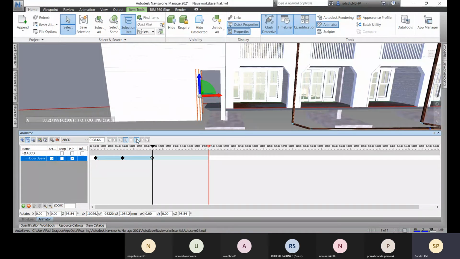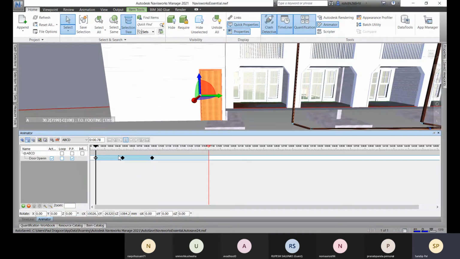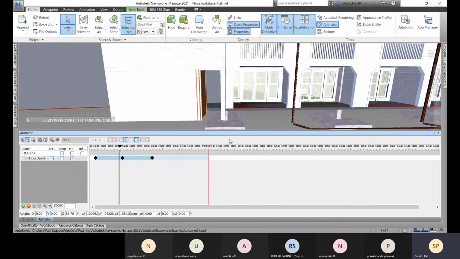Let me play it. Click on this play, and from this keyframe, it will reverse. If I play from this option, you will see. So this is how we will create.